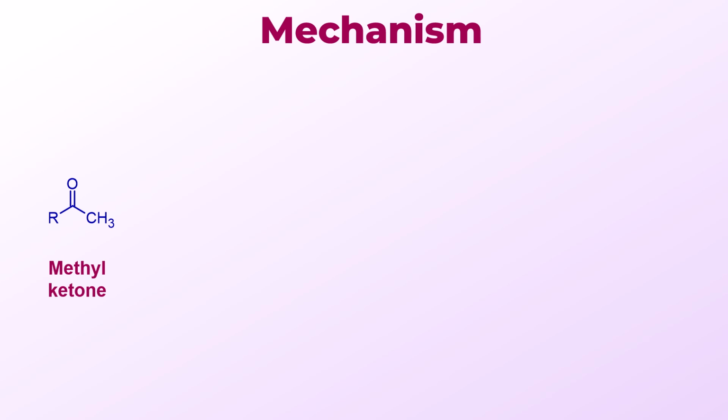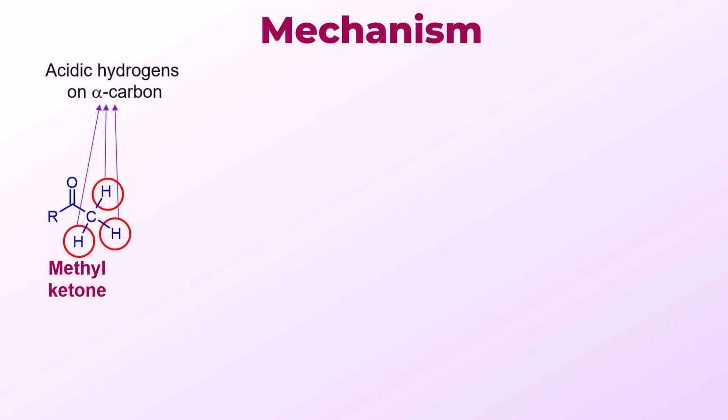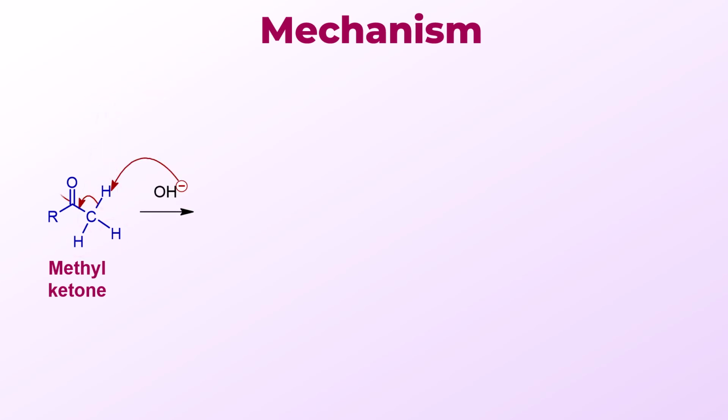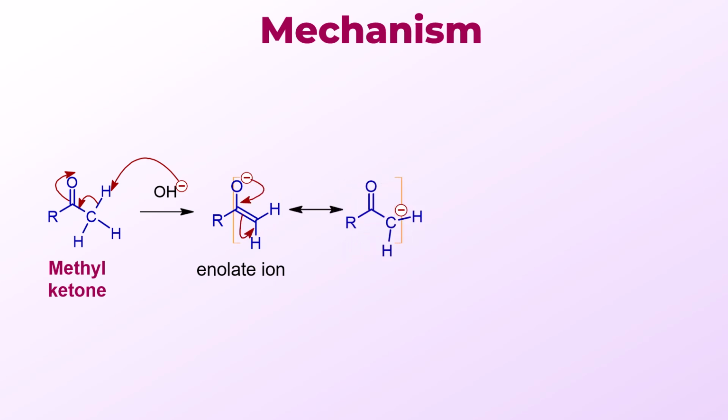Let us now discuss the mechanism of the haloform reaction. The methyl ketone contains 3 acidic alpha hydrogens as shown on the screen. Initially, one of the acidic alpha hydrogens is abstracted by the strong base, the hydroxide ion, leading to the formation of an enolate ion. This enolate ion is resonance stabilized. The enolate ion is a good nucleophile